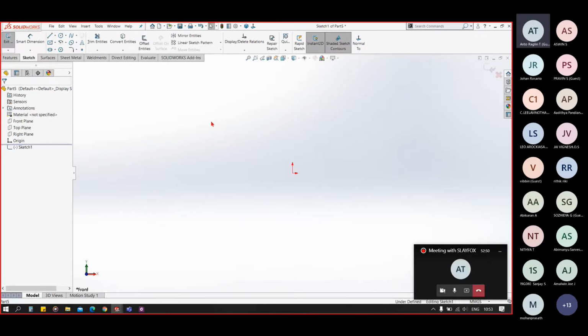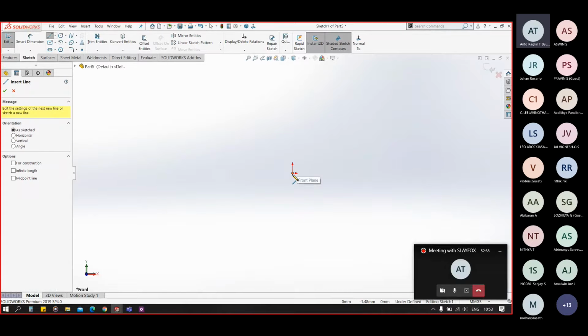So you might be familiar with the common follower mechanism. So I am making a follower for that.